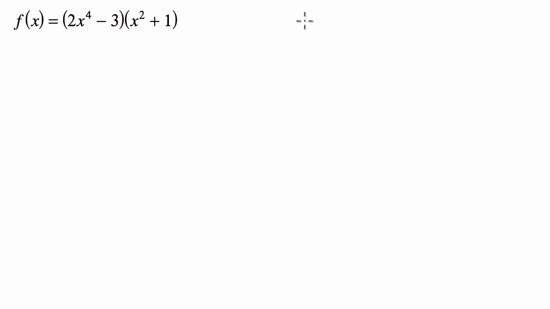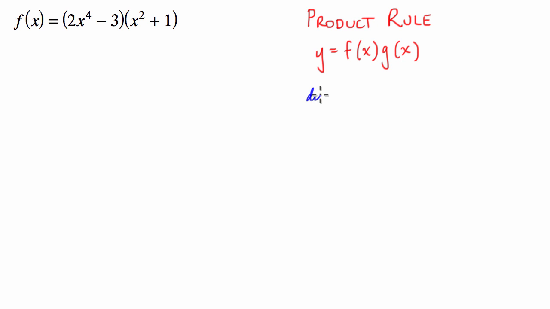Okay, so let's explain what it is. Let's write down here, we have the product rule. Now, the product rule is if we have a function, let's say y, and it's two functions multiplied together. So we have f of x times g of x. Now, the product rule says that its derivative, or dy dx,